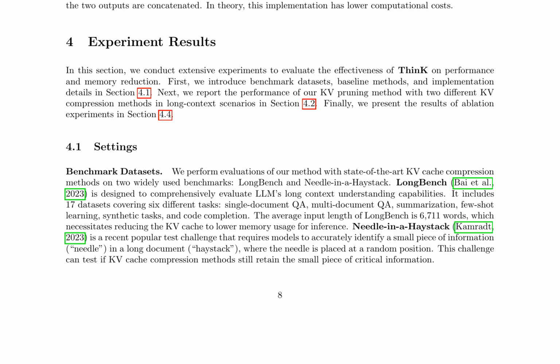Finally, the paper presents the results of extensive experiments to evaluate the effectiveness of ThinK on performance and memory reduction. It uses benchmark datasets such as LongBench and needle-in-a-haystack, comparing the proposed method with state-of-the-art KV cache compression methods. The results show that the proposed method can effectively reduce memory usage while maintaining performance in long context